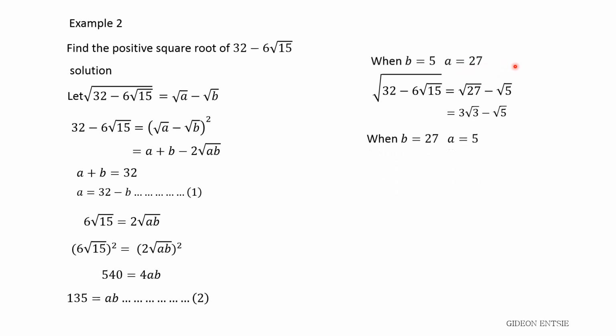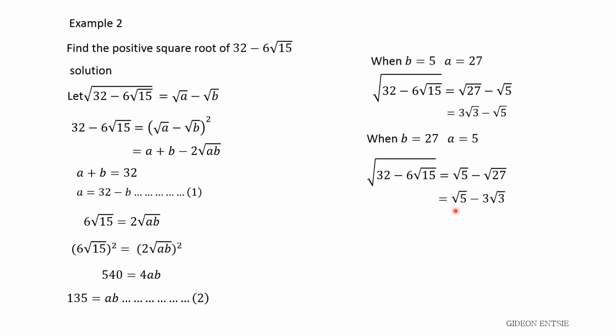Now let's consider the case where b is equal to 27 and a is equal to 5. In this case, our positive square root for the surd will be square root of 5 minus square root of 27. By further simplification,